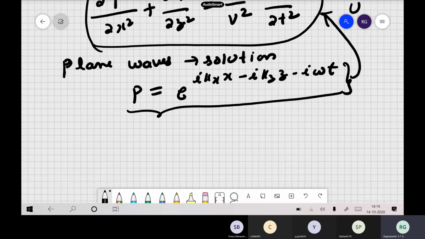What happens when you substitute the solution here? What do you get generally? In previous classes we derived this, right? If you substitute e to the power of i kx minus omega t in the differential equation, what do you get? Why do you substitute a plane wave solution? We get two roots, but what did we do that for? To know whether the system is stable or unstable. Fantastic.